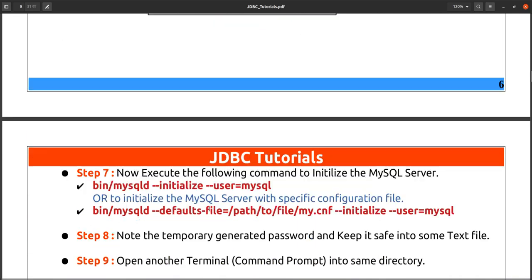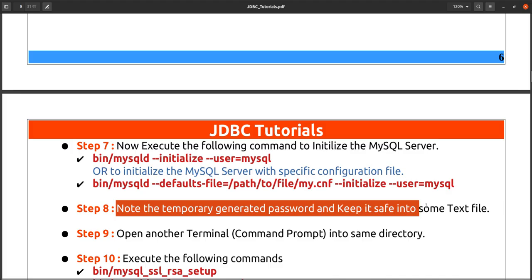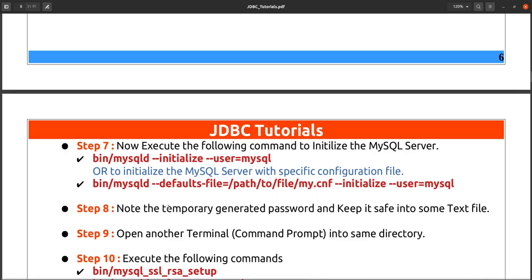So it will initialize that, and after initializing, your terminal will give you a temporary password to log into your MySQL server. You have to note that temporary password down, copy it into a notepad or some text file, because we need that password to log in.